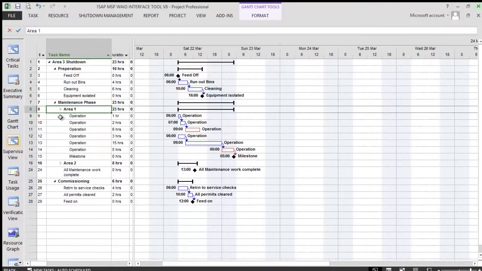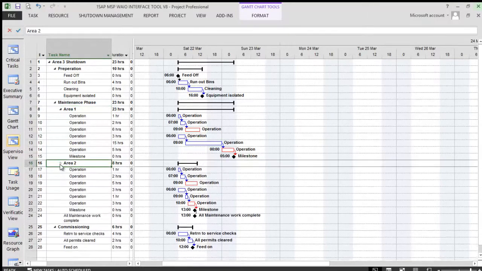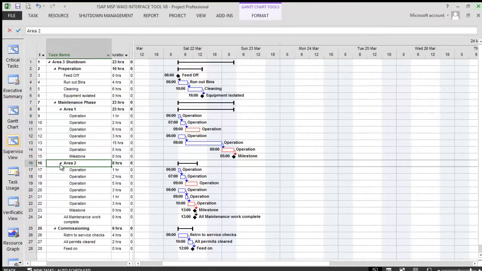Let's expand area 1 and area 2. In both of these areas, you will see two workflows. The operation represents an operation that may be from SAP, in other words, a task within the project. We have two workflows in this area. At the end of area 1 and at the end of area 2, we have milestones terminating area 1 and